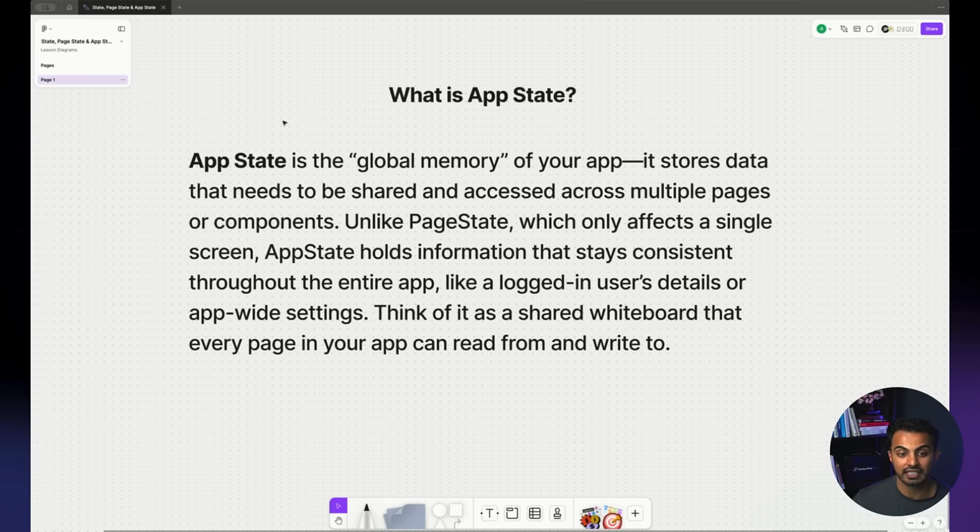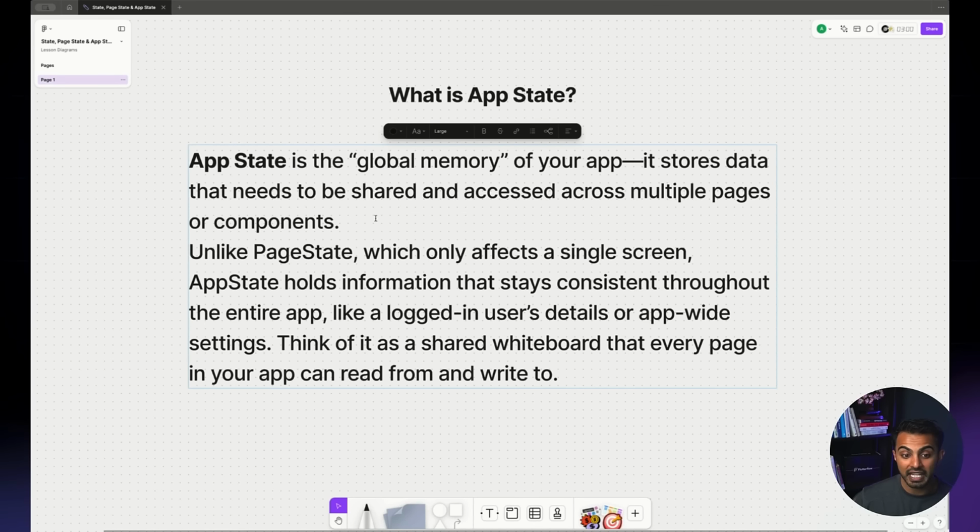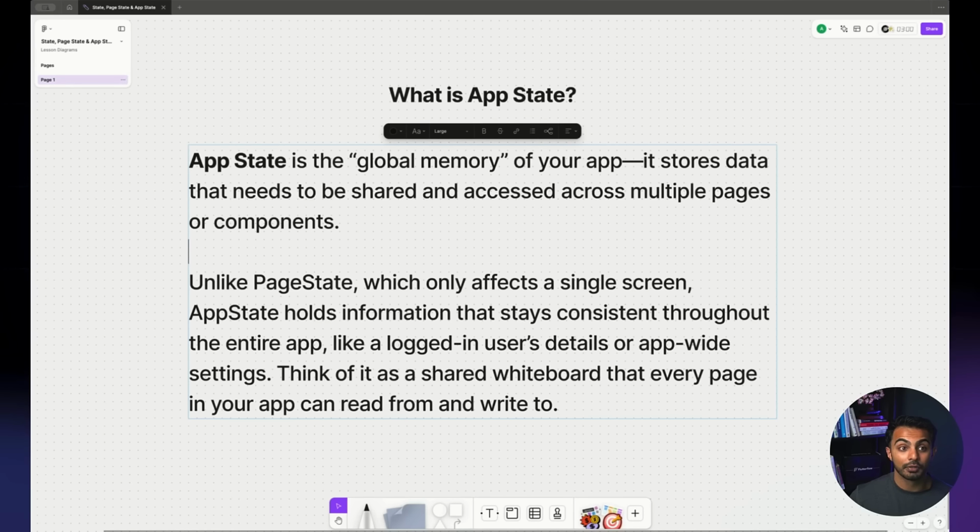So it stores data that needs to be shared and accessed across every single page or component of your app. So unlike page state, which only affects a single screen, app state holds information that stays consistent throughout the entire app. So this is a higher scoped type of memory. You can use page state to quickly store interactions like a quantity selector or an input field, or anything that needs to be kind of combined with a couple others to perform some sort of calculation. Okay, so page state you can use in those small scenarios, but you can use app state for scenarios where,